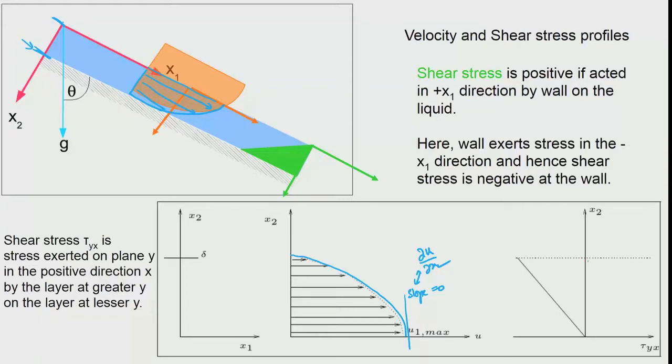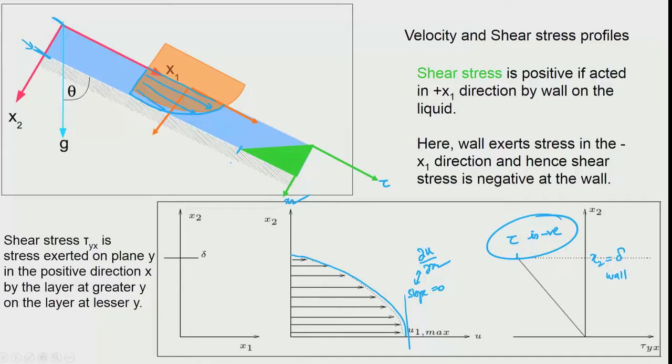So, you could see that at x2 is equal to delta, which basically is at the wall. Okay. We are saying that the tau is negative. Okay. Now, what does it mean? Okay. So, it means that here we say that this is tau and this is a negative value. So, you are actually having x2 this way and tau this way. So, it has a negative value, and what does it mean by saying that it is negative?